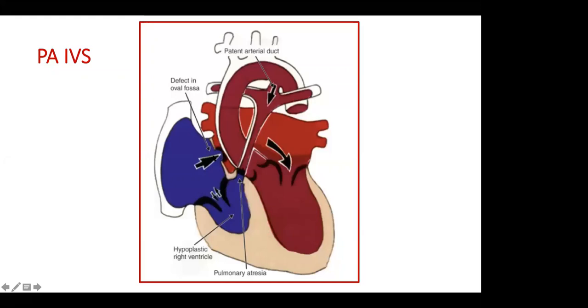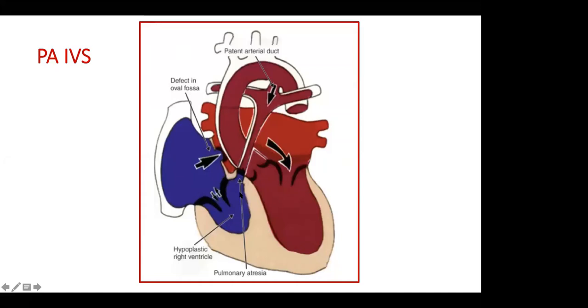so there is no way for the blood to go to the left side except by an ASD with right to left shunt, mixing the blood to the left side, coming out through the aorta and again going back to the lung through a PDA. So this type of patient needs a PDA. Pulmonary atresia with intact ventricular septum is a duct-dependent cardiac lesion, and you have to start prostaglandin immediately to maintain the PDA. And this cardiac lesion is one of the difficult lesions that we hate in cardiac practice because some patients will have significant